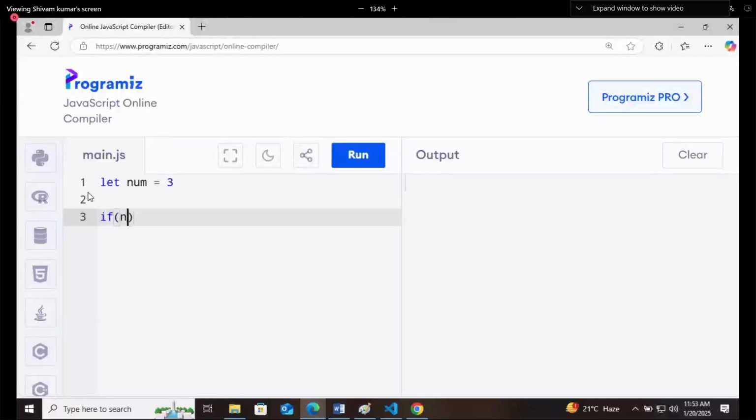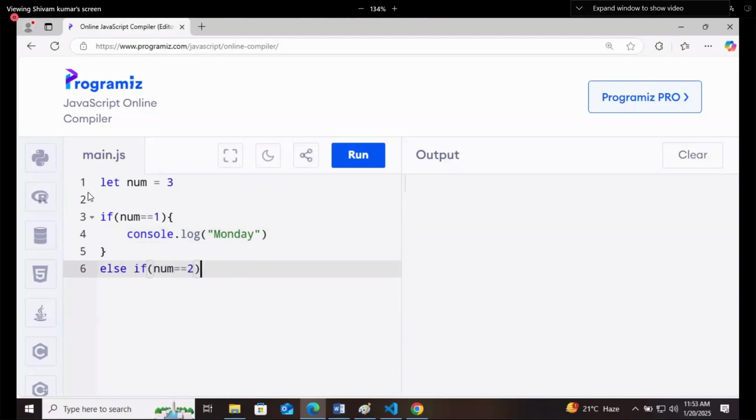We will say that if num is equal to 1, console.log Monday. And then you have to write an else if condition, that else if num equals 2, then Tuesday, something like that. And it will become a very long code.